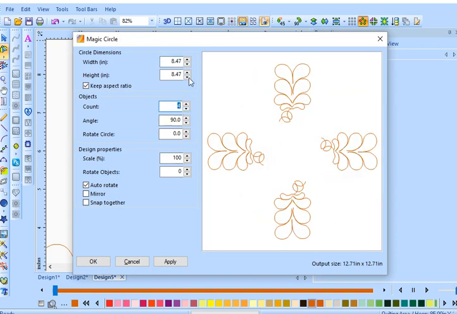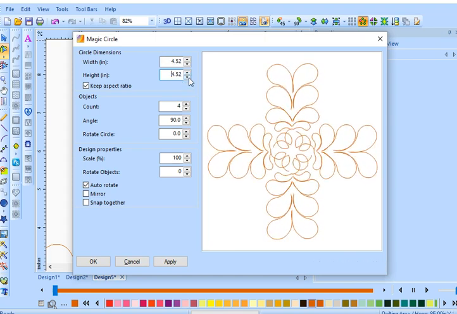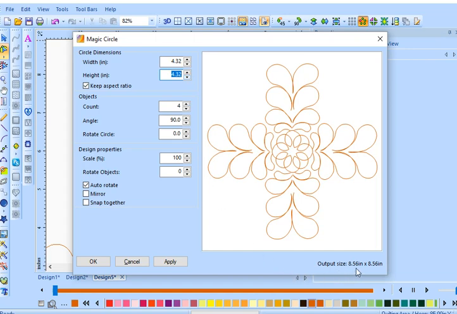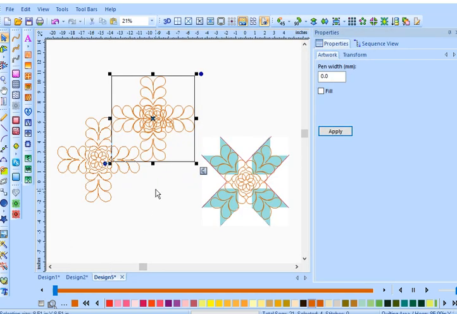And then we're going to bring that down. And I did have to resize this. So we're going to watch down here. We're almost where we want to be. It's about 8.5, and there we go. And there it is. So you can bring it together like that. Click OK. And you've got the design to put it on point